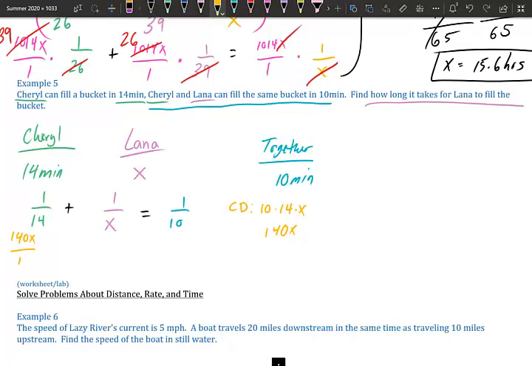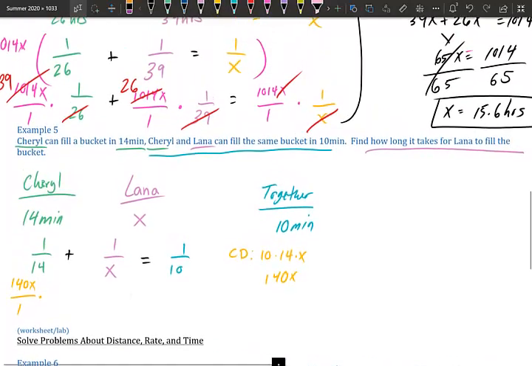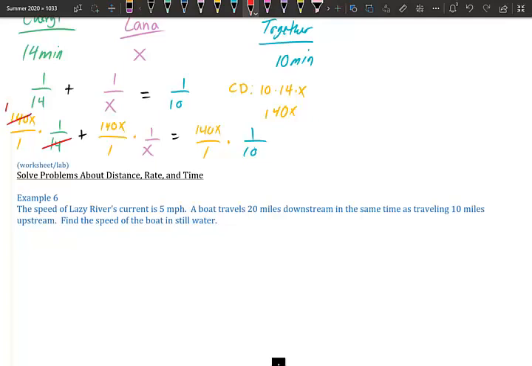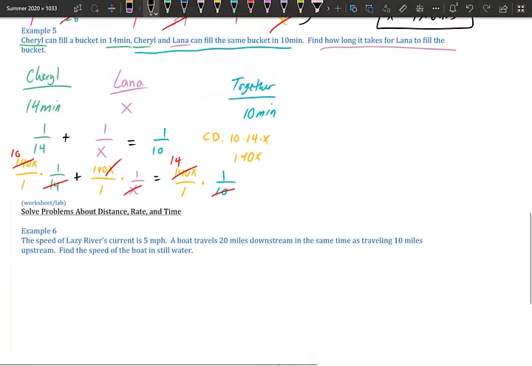So 140x over 1 times 1 over 14, plus 140x over 1 times 1 over x, and that equals 140x over 1 times 1 over 10. All right, let's simplify. So 140 divided by 14 is 10. x and x cancel. And then 140 divided by 10, we're left with 14. So let's just write what we have left over. So we have 10x